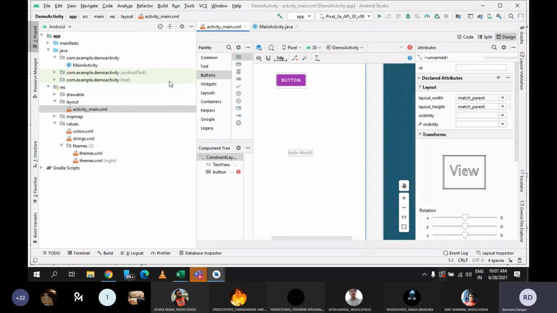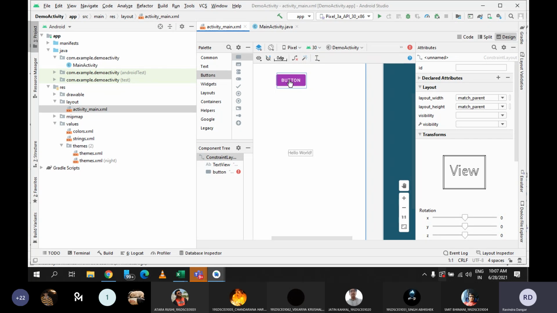So designing is handled by this separate folder and development is handled by the separate folder. So inside this Java folder, inside this specific package, if you remember, while creating the application, we have given this package name com.example.demoactivity. So this is the default package. You can even modify it. Inside it I want as many Java files as I need. Once my design is ready, I want something to happen: when I click on this button, I want to display hello.